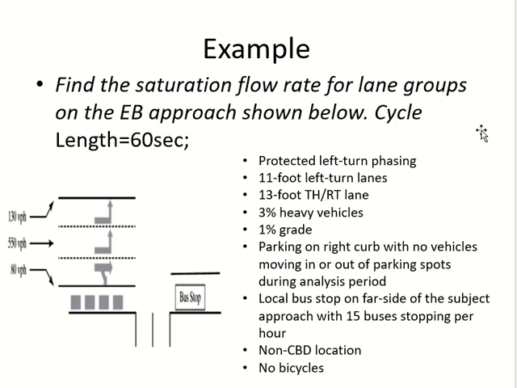Okay, let's say we want to find out the saturation flow rate for lane groups on the EB approach. EB means eastbound. Now which approach are they talking about? They only gave me volumes for one approach, right? So this is called eastbound. Why are we calling it eastbound? Because